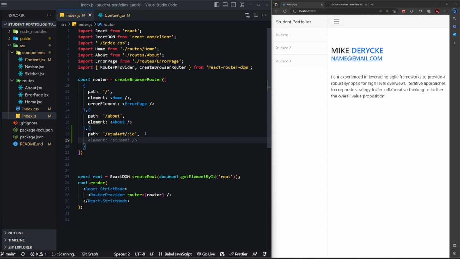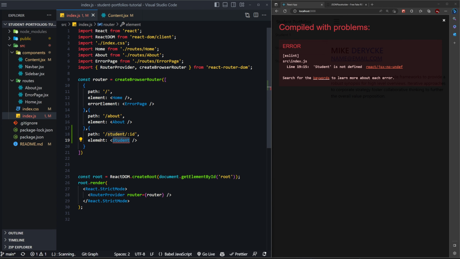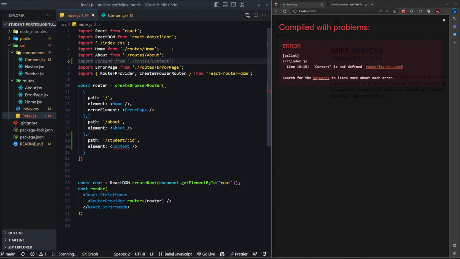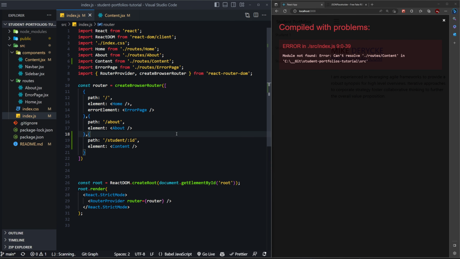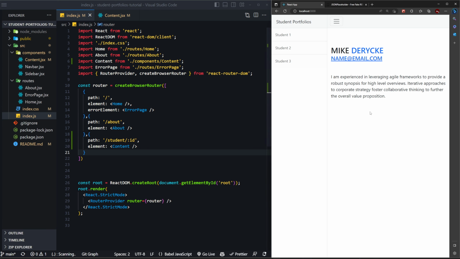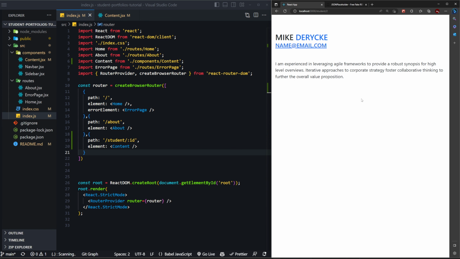So with that path, we will render the content block. And we will import it. Thank you, AI. Cannot resolve content. Why not? In src, it's in components. See, the AI is sometimes drunk as well. Components, done. All right. So the moment I click on this, we should be navigating to this, and oh, this